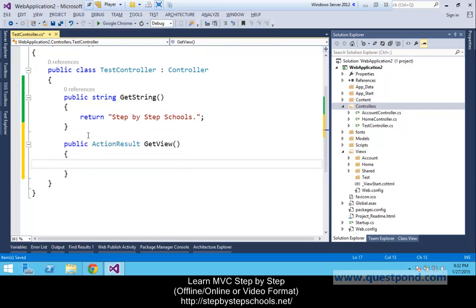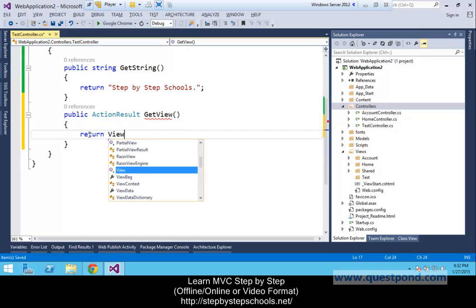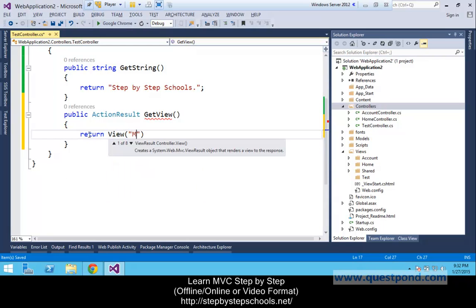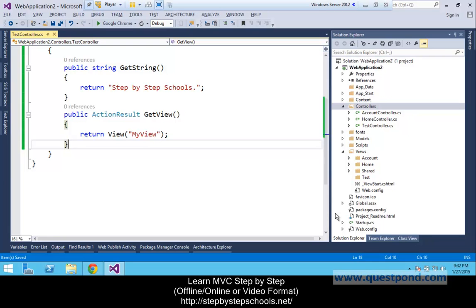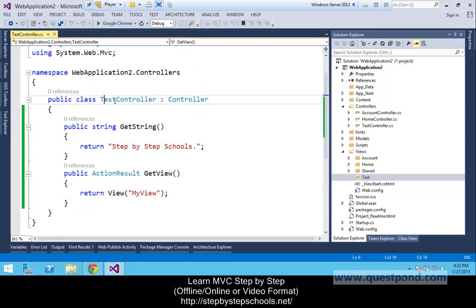This time the return type is ActionResult, that means the result of our action method, and we'll simply say return View, and the name of my view is going to be MyView. Let's copy this name, and then come back to our folder structure again. If you see here the Test folder, Test means the name of our controller, right?